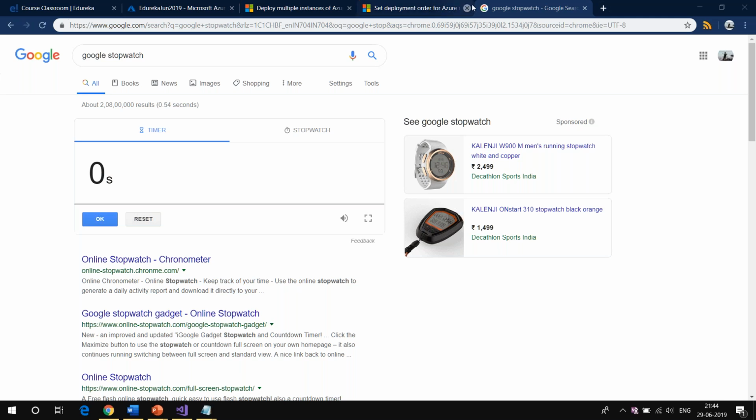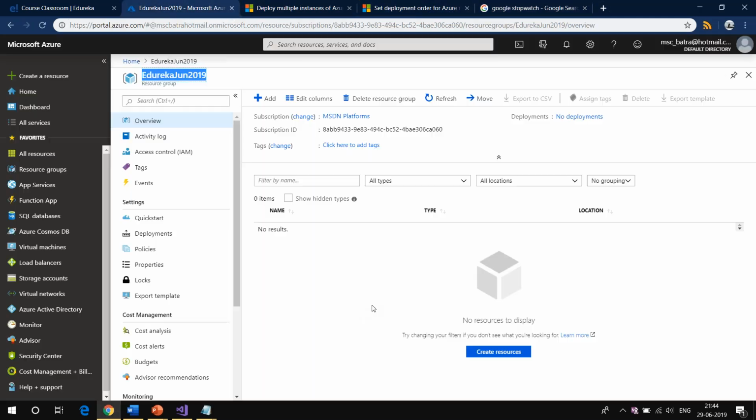Okay. All right. So what we have seen so far is that we can go ahead and create a resource group. The resource group is just like a folder. Whenever you want to create something like a storage account, or you want to create a VM, you go ahead and create that under your resource group. And this is what we are going to do now. I'm going to show you a very simple way, in fact the first thing, of deploying a particular resource.